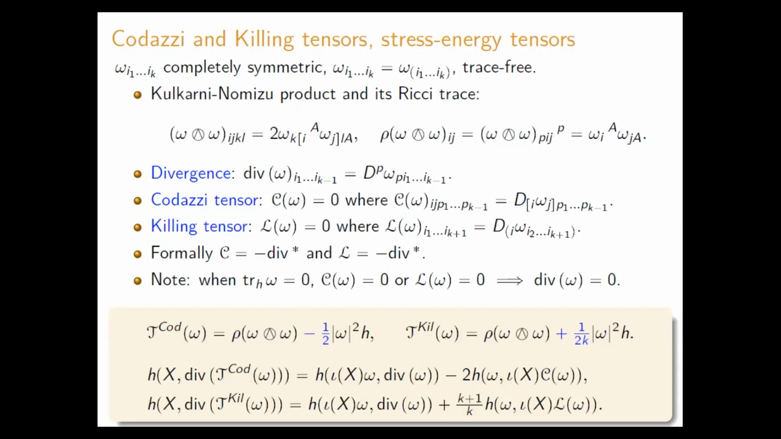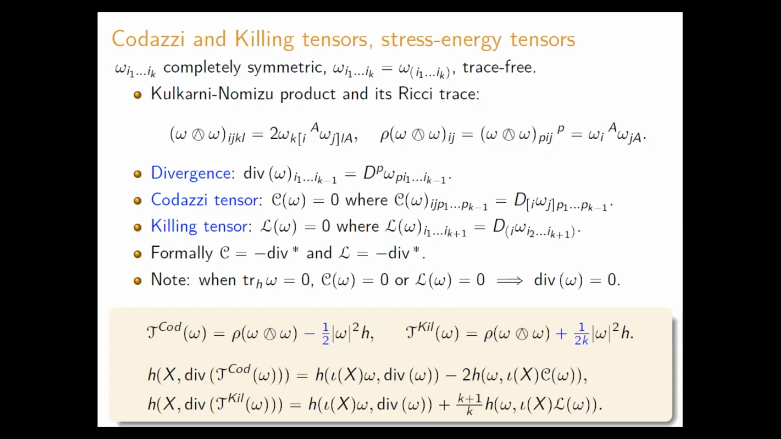My quadratic map in this case, up to some choice of constant, is the Kulkarni-Nomizu square of the tensor. So again, A is all the indices that aren't mattering and are just being traced. And then this is the Ricci trace, which has exactly the same form as it did for differential forms. And for both of these operators, the adjoint